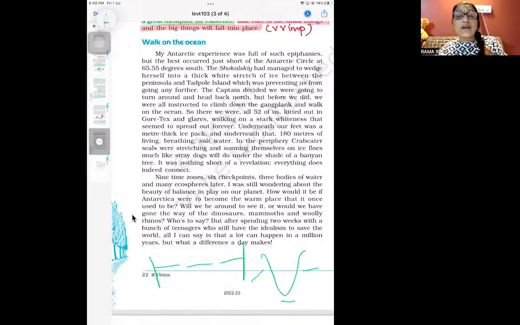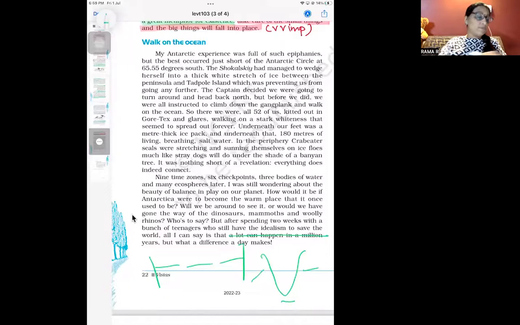How would it be if Antarctica were to become the warm place that it once used to be? Will we be around to see it? Or would we have gone the way of dinosaurs, mammoths and woolly rhinos? क्या अंटार्कटिका अभी आइस से भरा है, तो क्या वो भी वैसा होगा जैसे पहले था? हम लोग जिंदा होंगे उसे देखने के लिए? Who is to say? But after spending 2 weeks with a bunch of teenagers who still have the idealism to save the world, all I can say is that